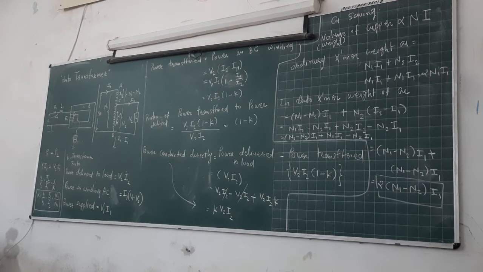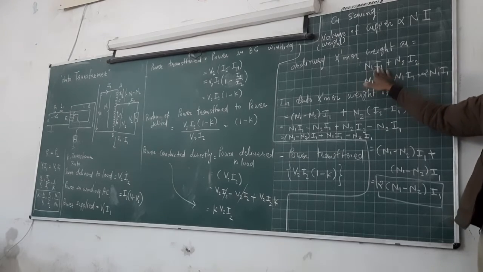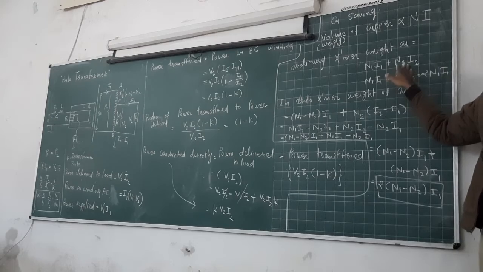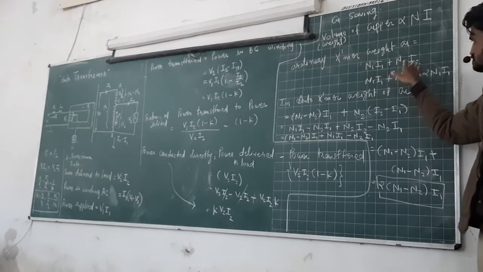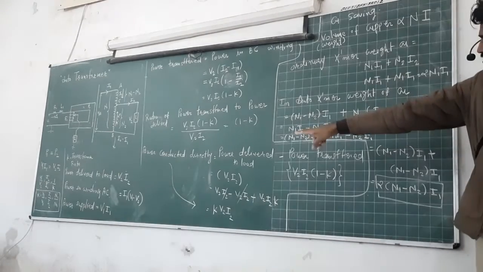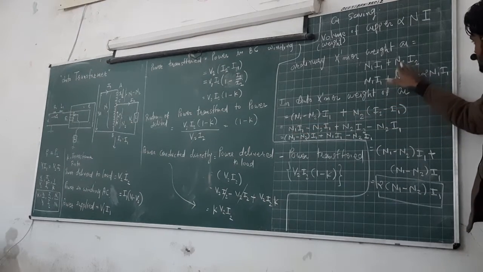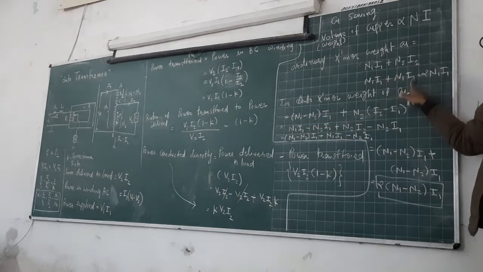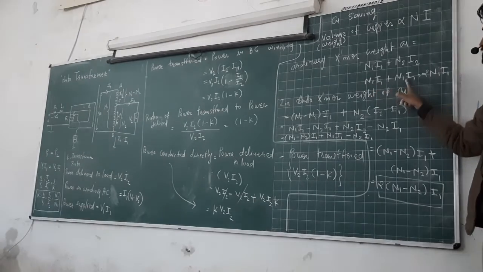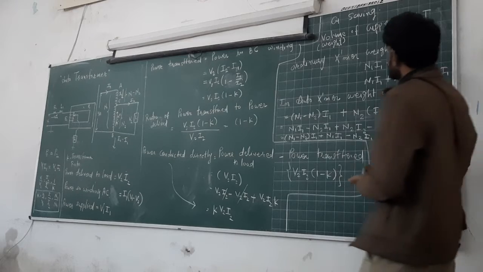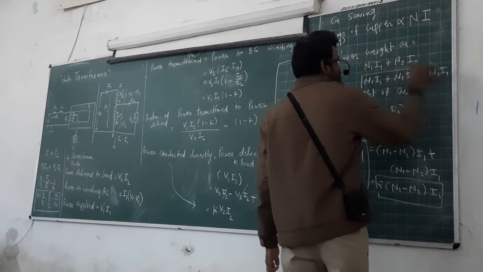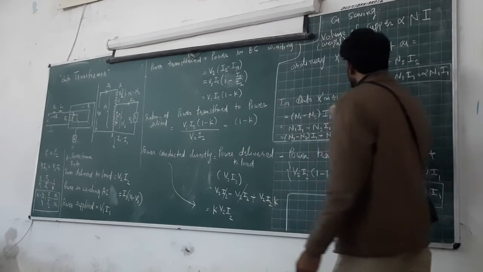In an ordinary transformer, weight of the copper: primary side N1 I1, secondary side N2 I2, and add both weights together. Use the transformation ratio so that here you will get N2 I2 as N1 I1. That will become 2 times N1 I1. 2 times N1 I1 in an ordinary transformer. In an auto transformer,